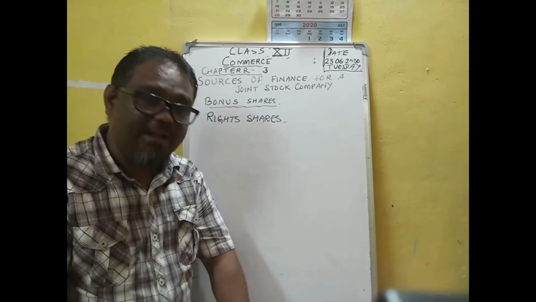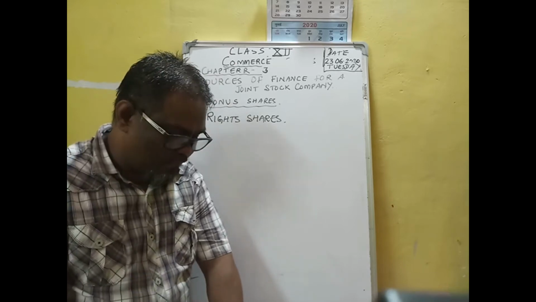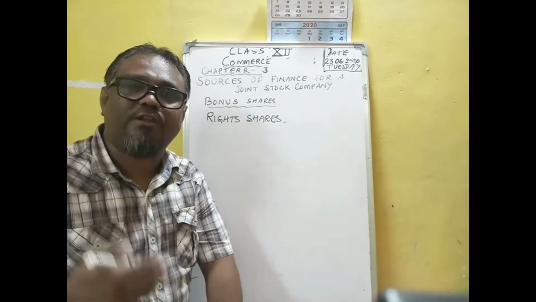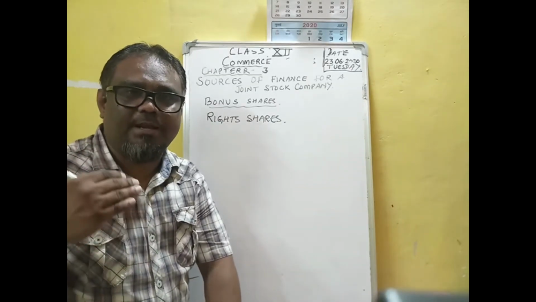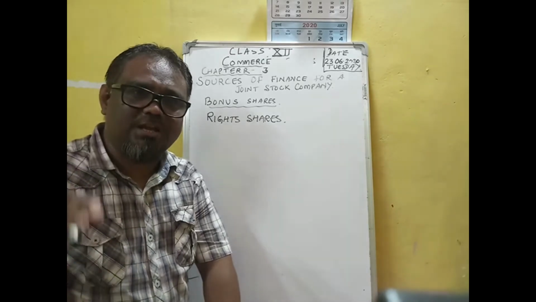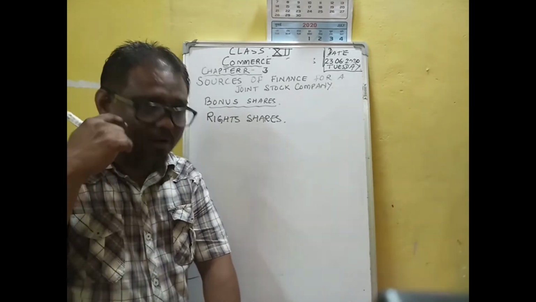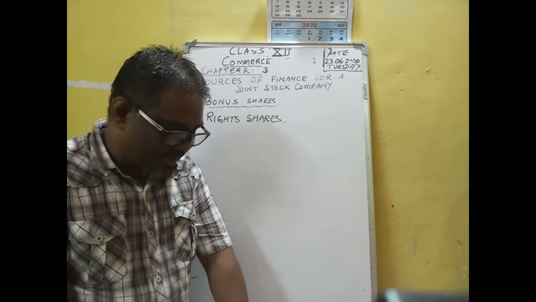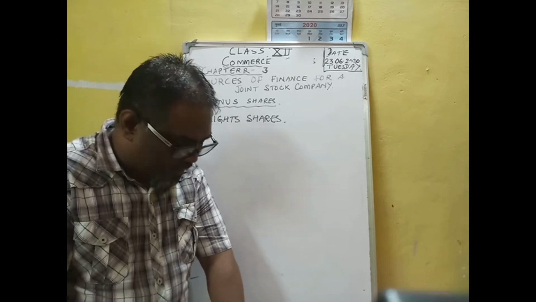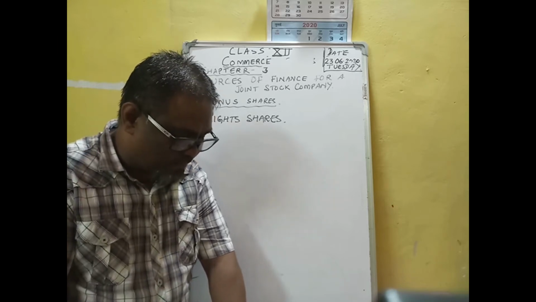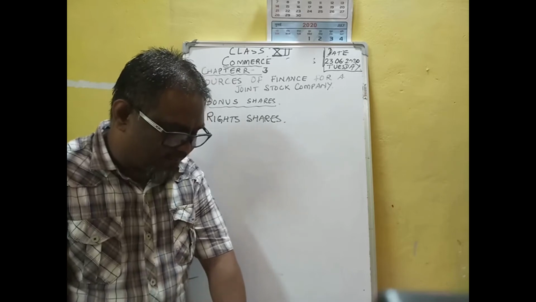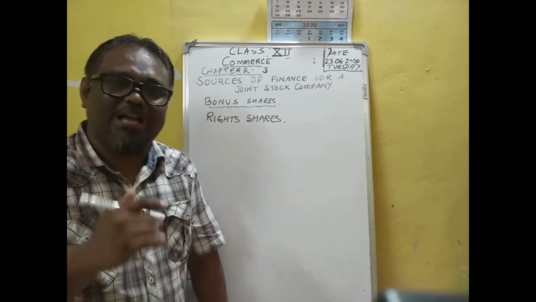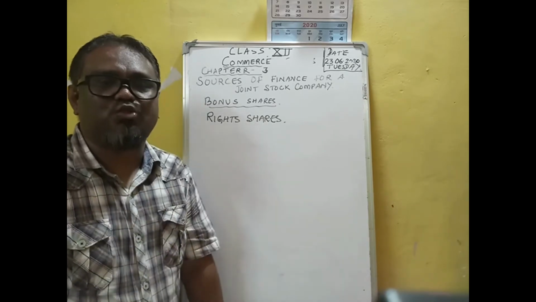This applies if the issue is being made after the expiry of 1 year from the first allotment of shares, or at any time after the expiry of 2 years from the formation of the company. After 2 years of the company being formed, when the company is issuing shares,